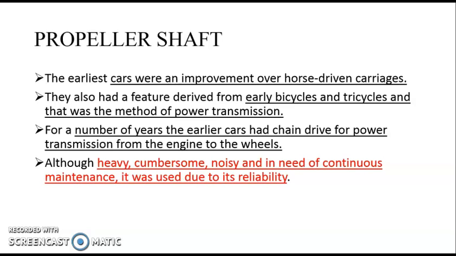They also had features derived from early bicycles and tricycles. They used a chain drive to transmit the power from the engine to the wheel, but this power transmission had problems. It was very noisy, continuous maintenance was required, and it was heavy and cumbersome. That's why there was a need to develop a transmission which is